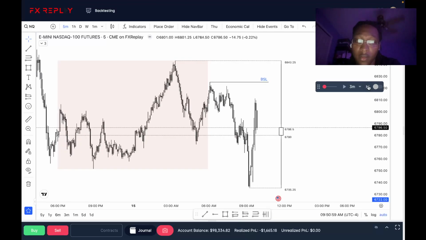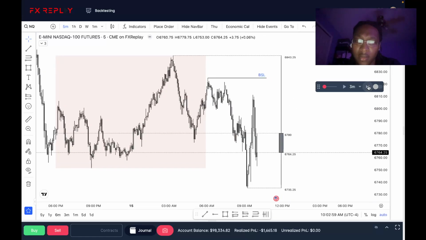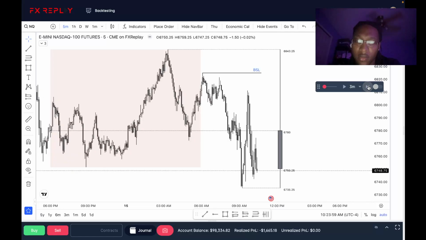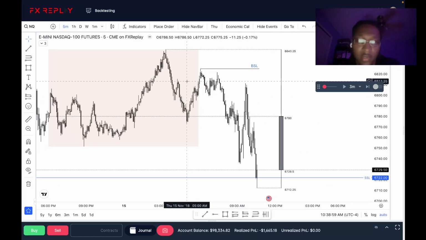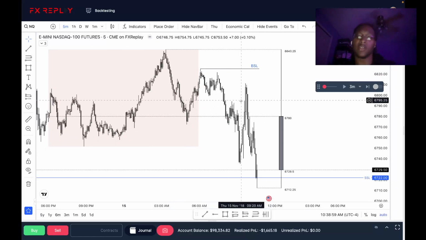Oh, come on, take out some buy side. That's crazy, boss. They didn't want to take out any buy side liquidity. They just tanked and dropped. Cool, that was good though. Ends up doing what it needs to do.